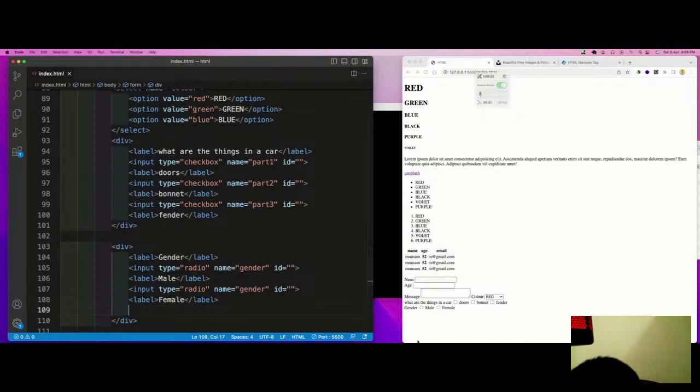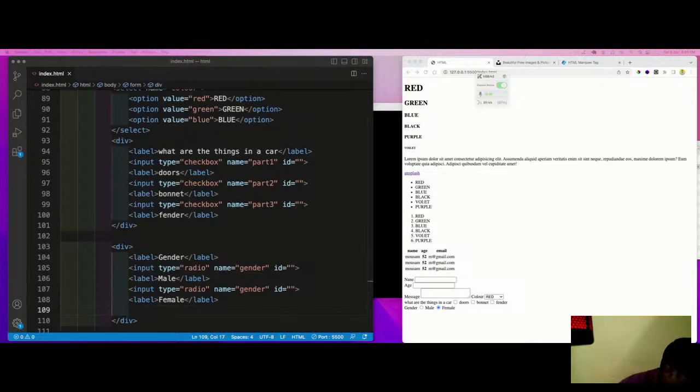So now you can select any one of them. So this is the importance of the input and label combination, which we are doing in the form tag.